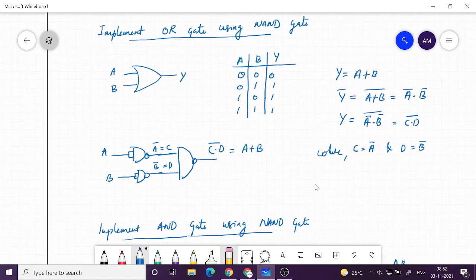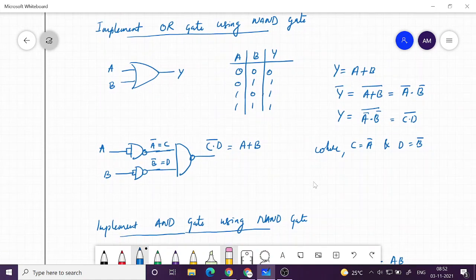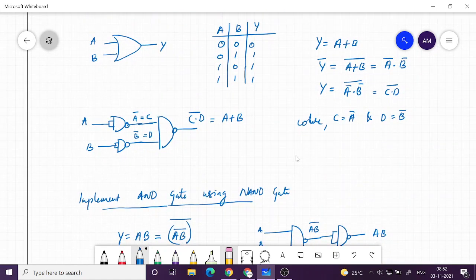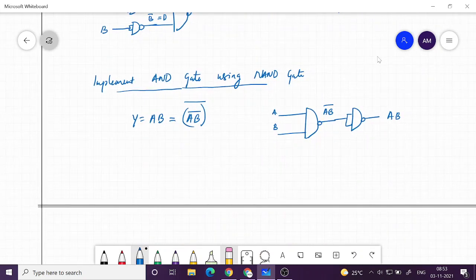So these three gates are the basic gates in the Boolean algebra. If we can implement these three gates by using any gate, then we consider such gates as universal gates. So that's the conclusion.